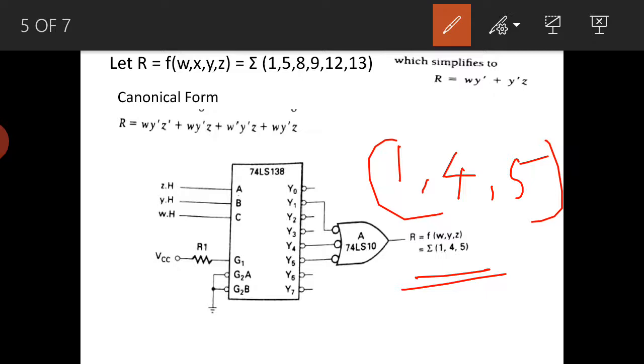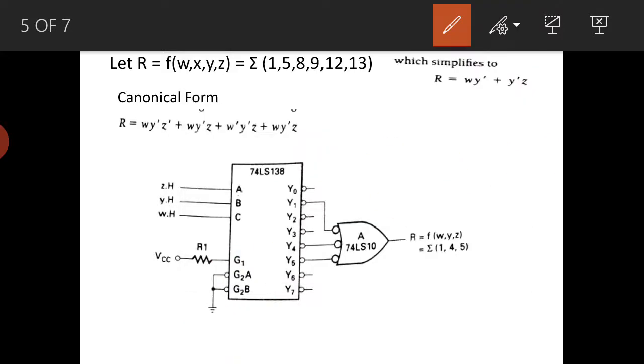The same thing we can realize by using decoders, as we have seen previously. We'll see what output we will get. As we know, G1 should be high, so G1 is directly connected to VCC, and G2A and G2B should be 0 0, so they are directly connected to ground, that is 0 0, meaning the IC is permanently enabled. When multiple ICs are there, the user can take control of the enable. When there is only one IC, either you can enable it permanently, or you can give the user one more enable signal.